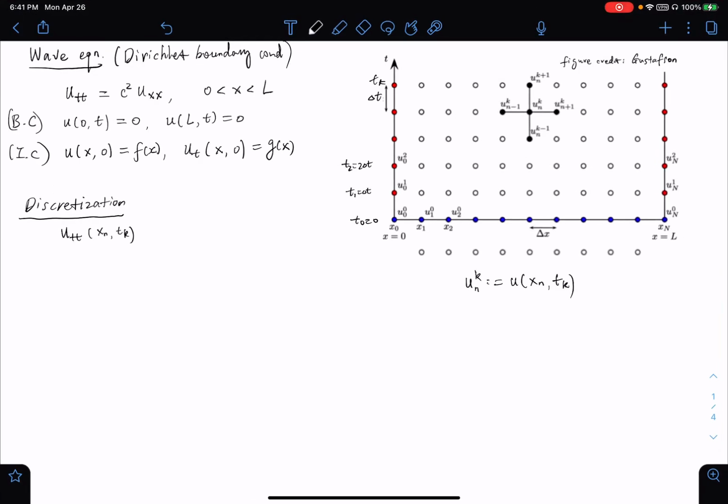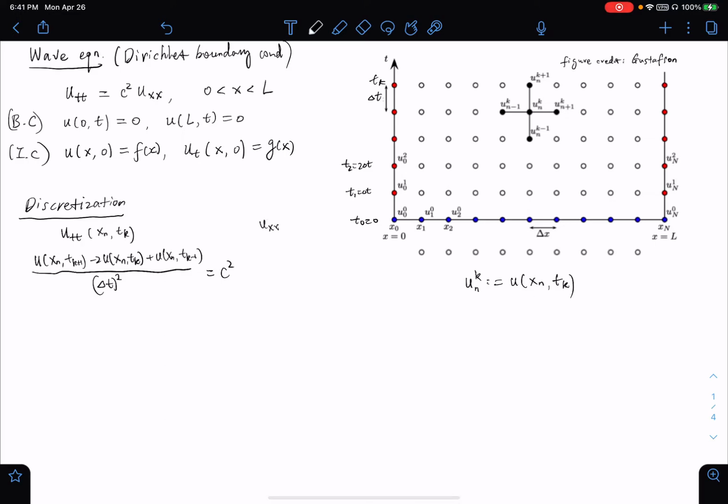This is equal to u at xn, tk plus 1 minus 2u at xn, tk plus u at xn, tk minus 1, so we have three different tk values here, divided by delta t squared, since we are approximating the second derivative. And this is equal to c times u_xx,